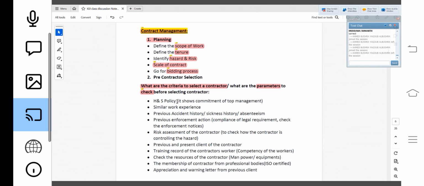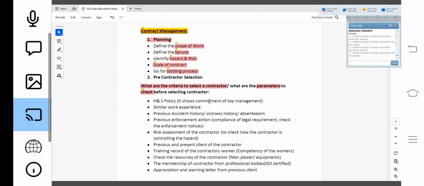So I will give the contract to the contractor only when they have a good health and safety policy, where the top management of that contractor company is showing commitment to protect the workers from getting injuries or illness. Correct? Because when the contractor comes to my site and some accident happens, according to the legal requirement, according to the law, I am the landlord, I am the client. The client is the prime occupier. Prime occupier meaning responsible person. Okay? So I am the responsible person for this